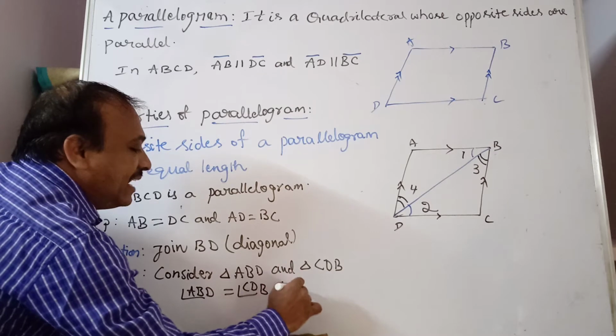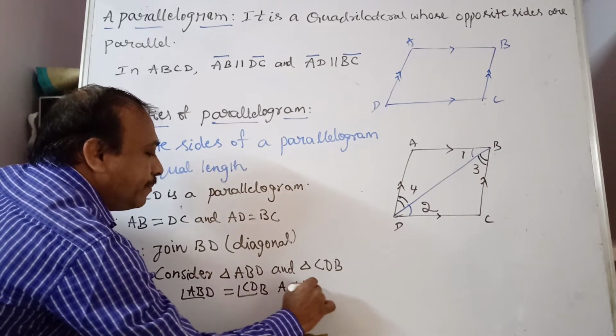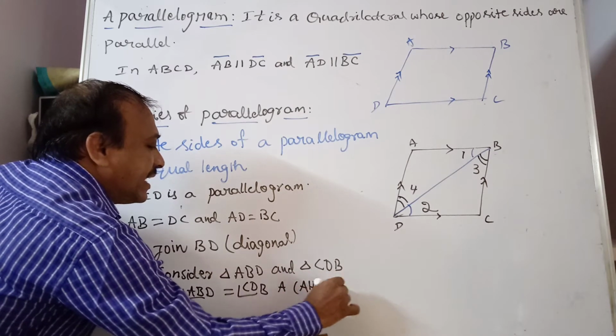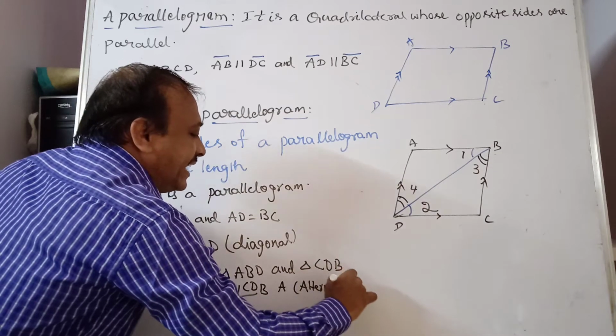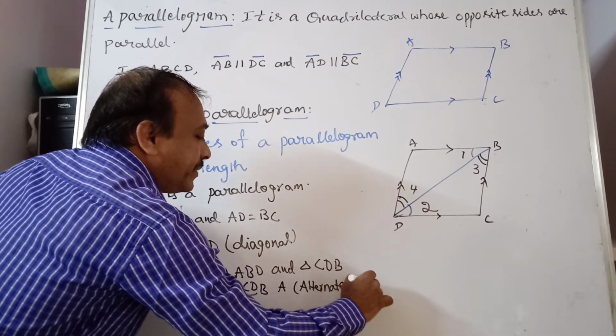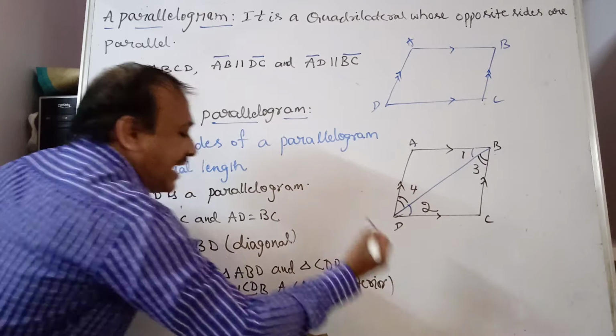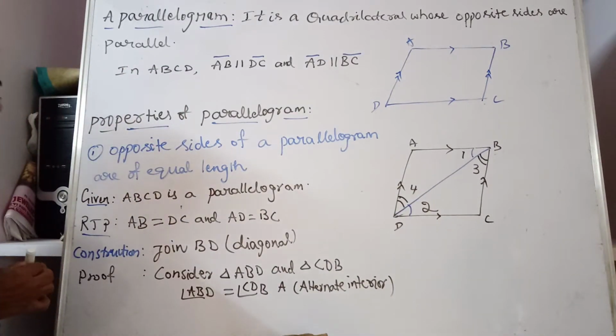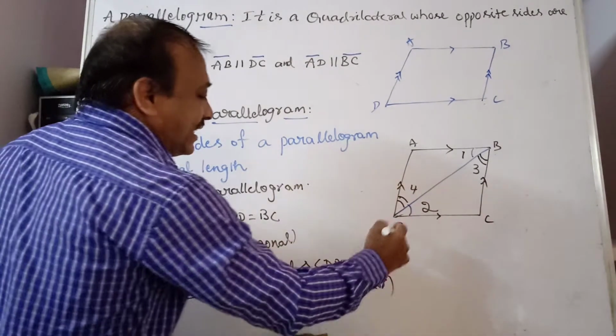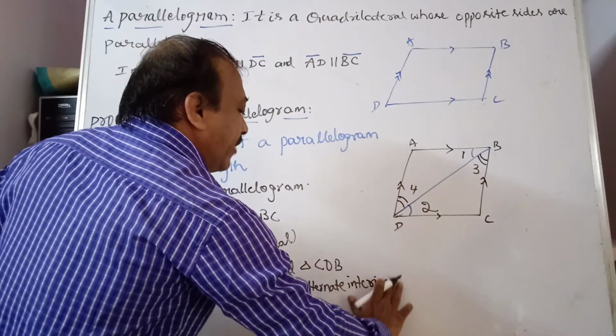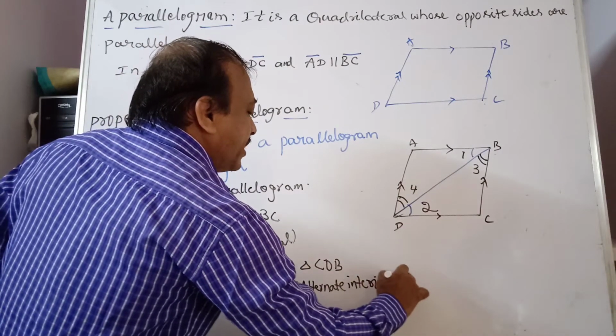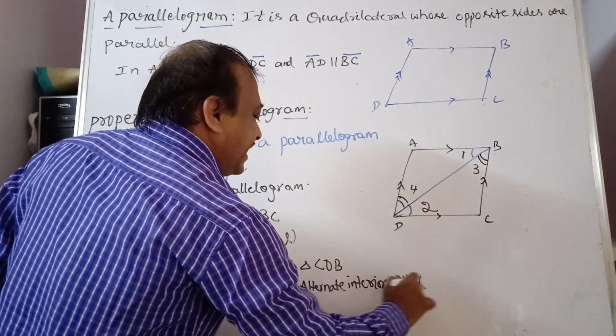This is angle alternate interior angles. Which lines are parallel? That also you write. Alternate interior angles are equal. Why are they alternate? Because AB is parallel to DC